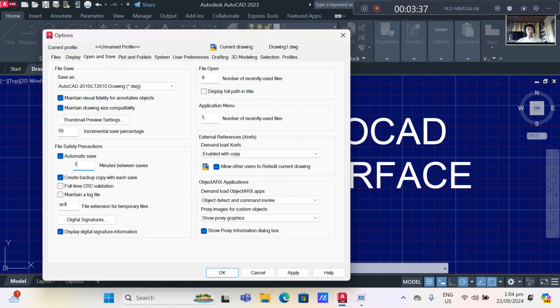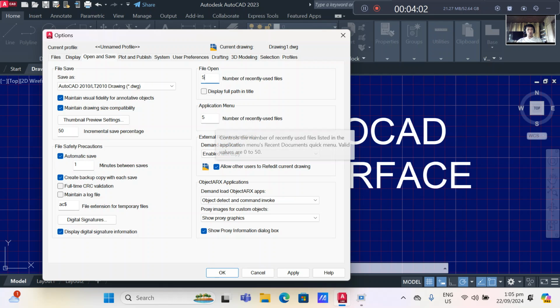Next is we go to file open. On the file open, when you open your AutoCAD, it will show the number of recently used files. So this time I input 5, and also I will modify the number of recently used files in application menu.